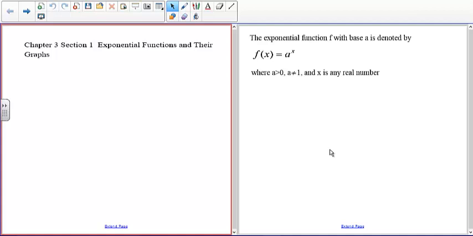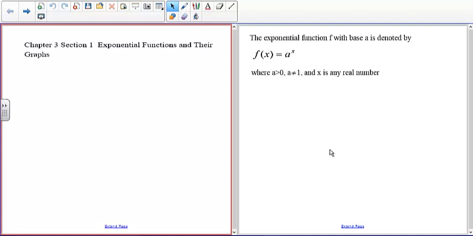So if we look at the right-hand screen, we see an exponential function f of x, which has a base a, and it's denoted by the function a, which is the base raised to some power x. So in this case, the variable is the exponent. For polynomials, x was the base, you could call it, and then the exponent was a fixed value. Now a has to be greater than 0 and not equal to 1, because